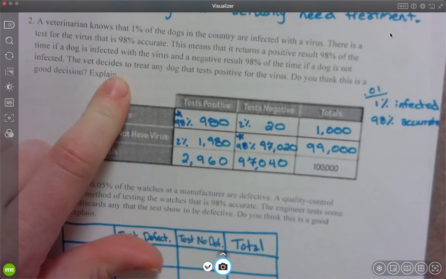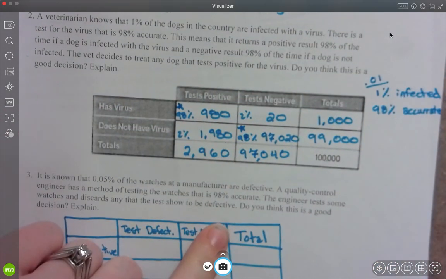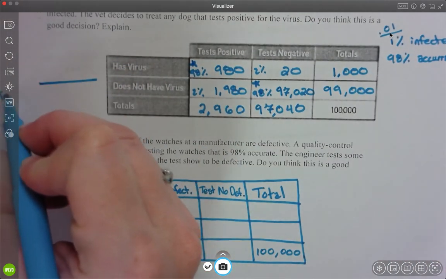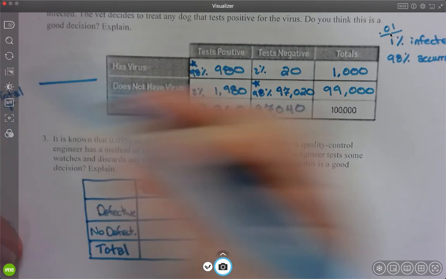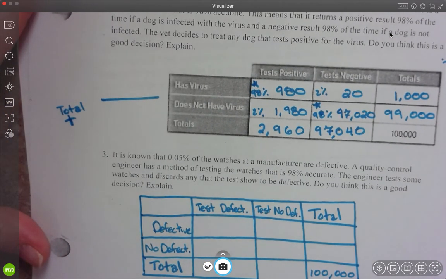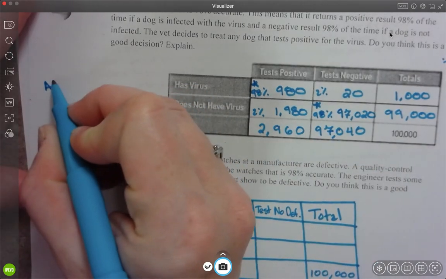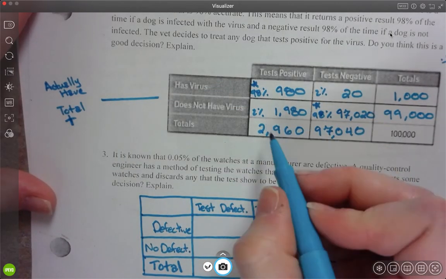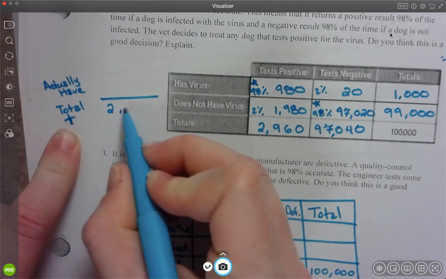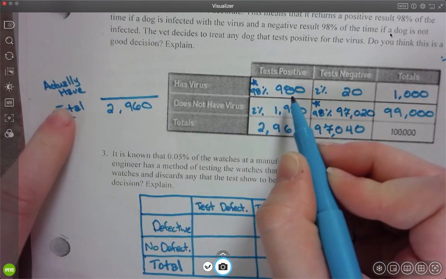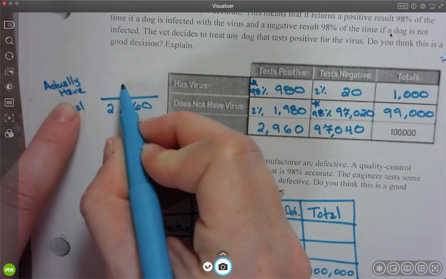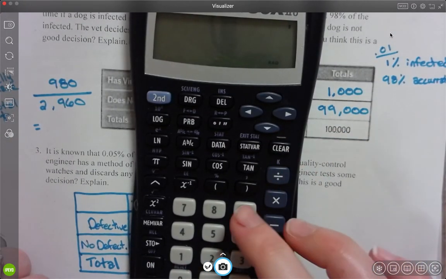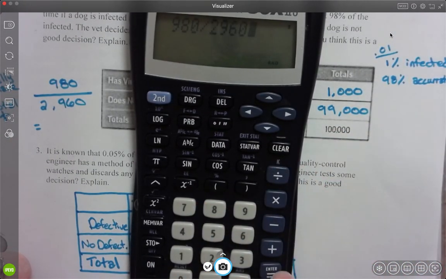The vet decides to treat any dog that tests positive for the virus. Okay, so let's look for testing positive. So total positive. This is really the results that I really want to look at. I want to look at total positive on the bottom, but I want to look at actually have virus on the top, okay? So out of the total that test positive, the total that test positive is 2,960. The dogs that actually have the virus, there is 980 out of them, okay? So of the total number that are testing positive, 980 divided by 2,960,